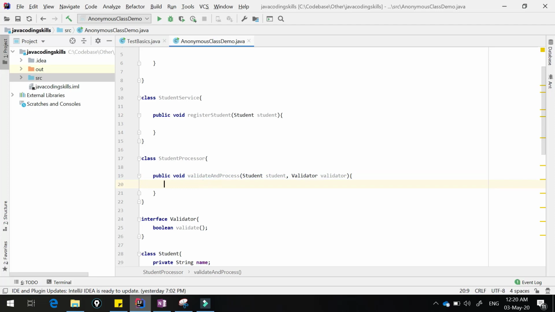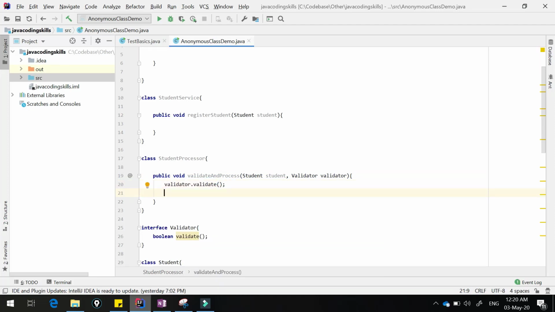Here we are calling validator dot validate. Then we are calling something. I'm just writing some SOP statements for the time being. Here I'm going to say DB. Here you can write that DB persistence logic, which I'm not going to write here. So our processor class is ready.